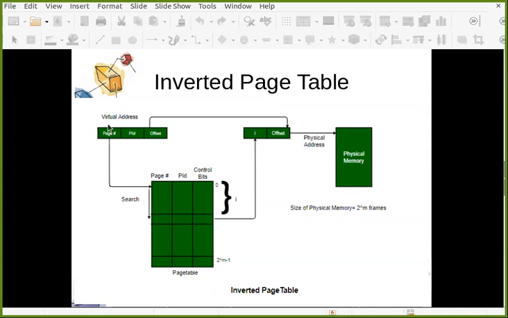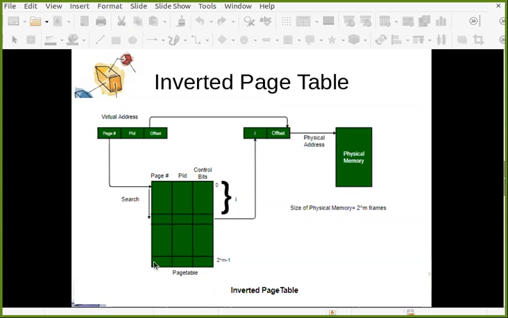So now what you do, whatever page number is there in your virtual address, you need to search this whole table and find out this page number of the particular process. Is it there in this table? You just need to search it out. There is no indexing now.